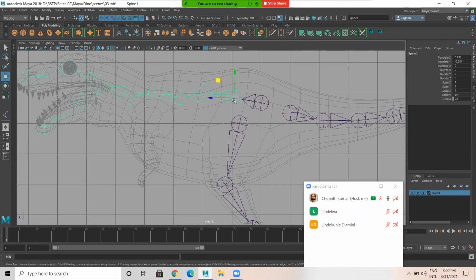Holding insert, you need to press insert and you need to move. Okay, make the position in this way.